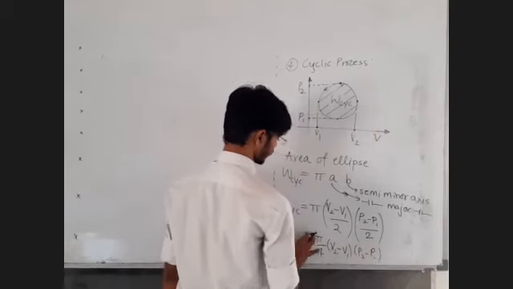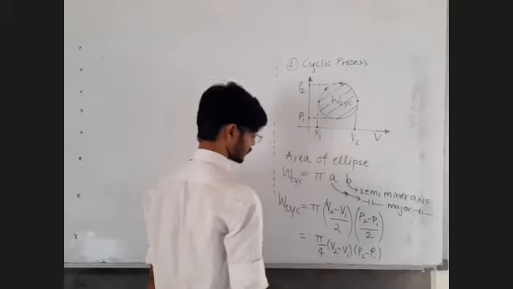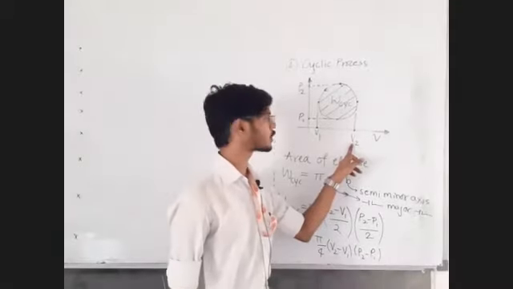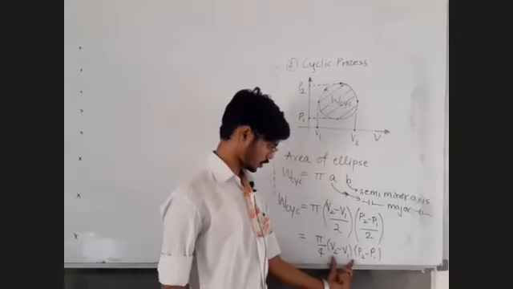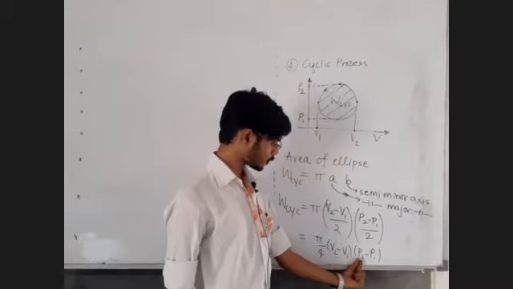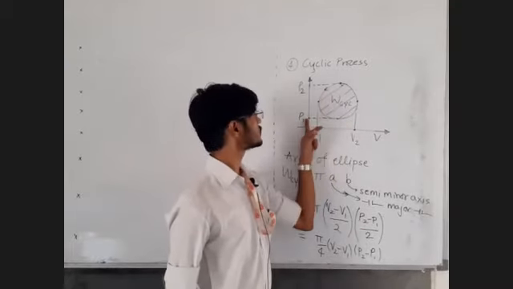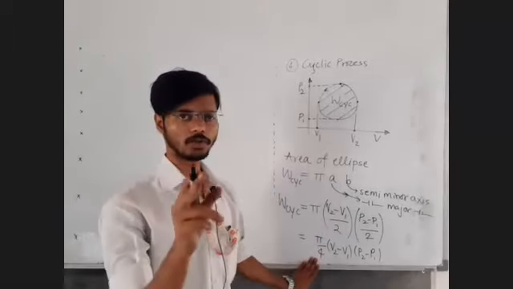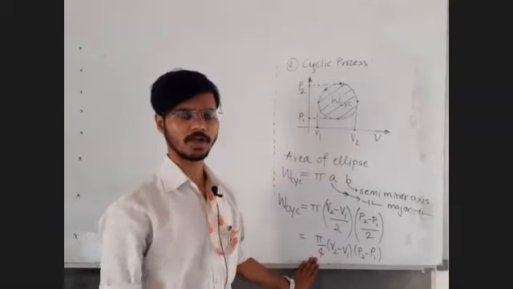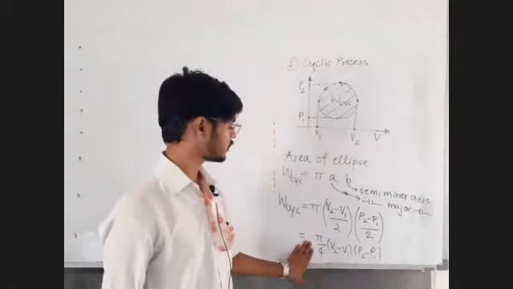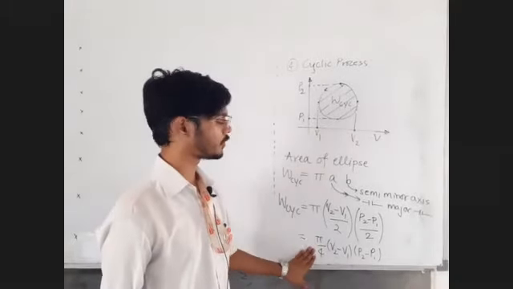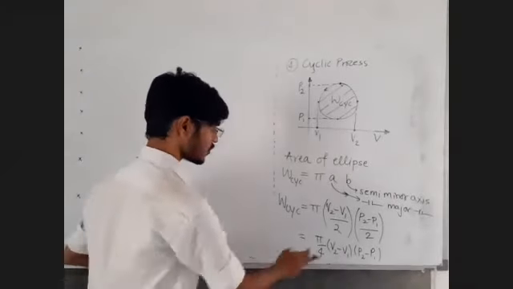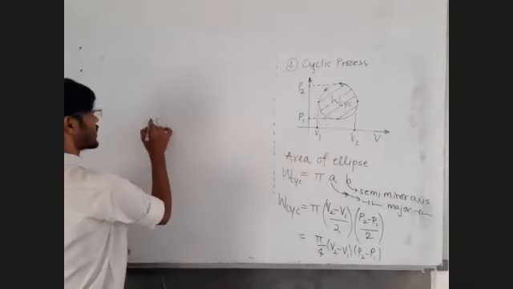Now let us give a verification. V2 is more, V1 is less, so this is going to be a positive value. P2 is more, P1 is less, so this is going to be a positive value. So for time being, we have found out the work as a numerical value, because in the options, it can be written like this. One option as this, another option as this.